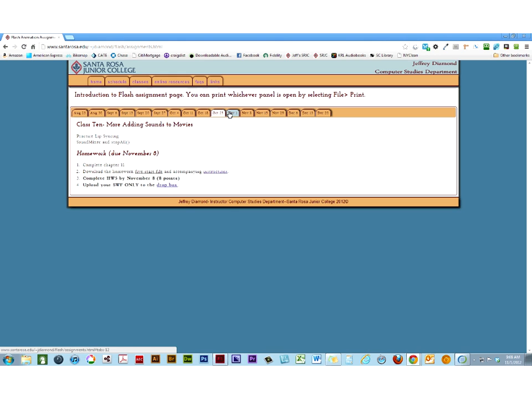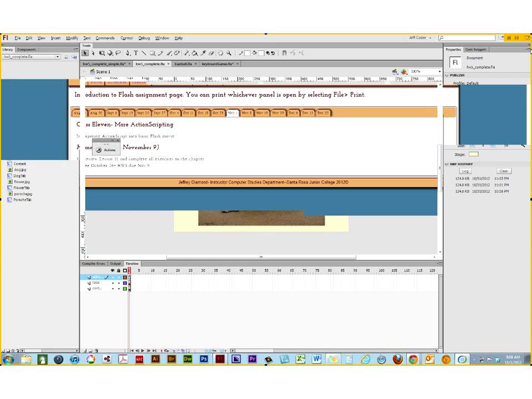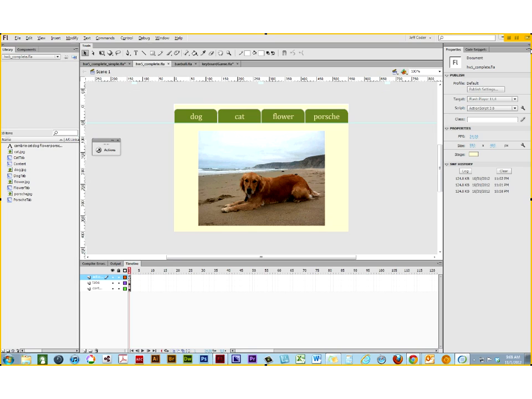So today I'm going to walk you through how that project is constructed, and then show you some other projects as well. Okay, so today the primary focus is seeing how we incorporate that action scripting into the basic movie. That being said, I'm going to open up Flash after I put a little marker in here, and we'll say Homework 5 in detail. Okay, we're looking at Homework 5, and we see when I play Homework 5,